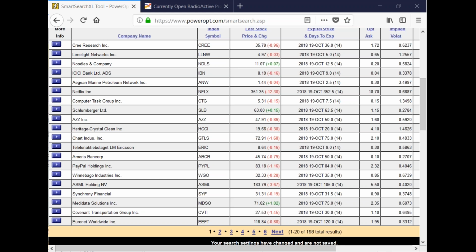Sam, as a reference to Mark, Sam says Apple might be a better idea in this case for EWW. Sure. I just grabbed EWW because it was in the $50 price range. That's what I was looking for. Sam also might consider Apple a way to get into using the calendar put spread as well for a married put. Okay.